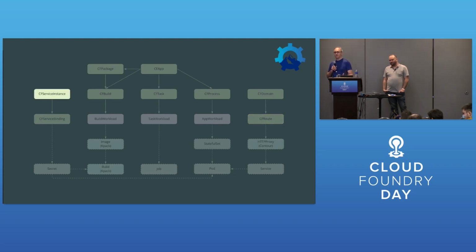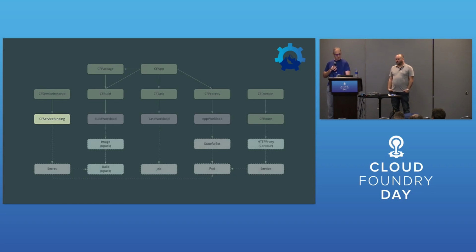So far for services, we only support user-provided service instances. So when the user runs cf cups, that will create a CFServiceInstance. That will include the name, the type, and the tags of the instance. The credentials will go into a secret that's referenced in this resource. And then similarly for the service binding, that binds the instance to the application. Both of these conform to the Kubernetes service binding spec by including a reference to the secret in the status. So that way we're conformant there, and we can use implementations of that as a runtime.